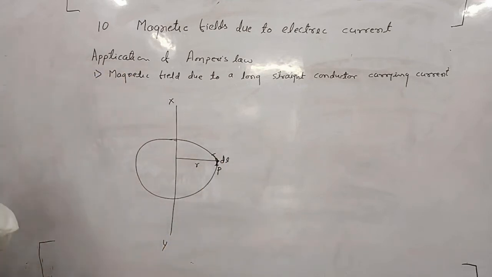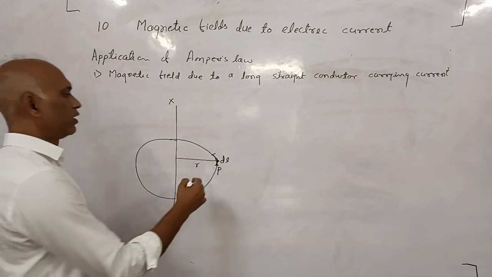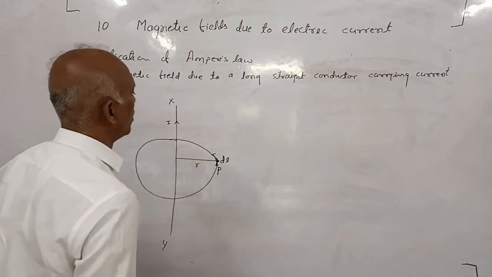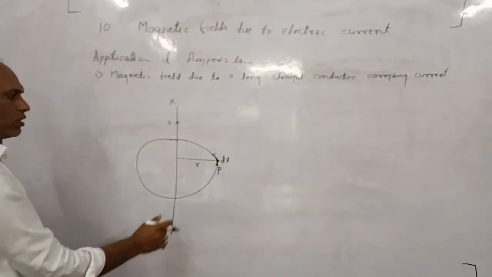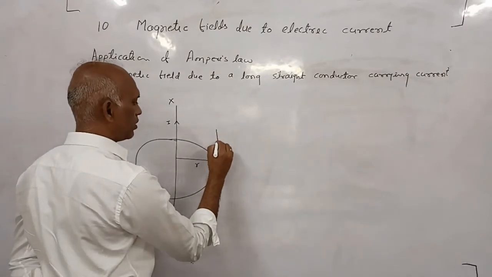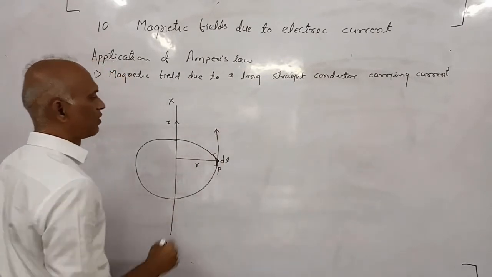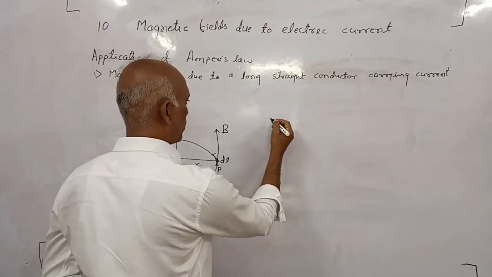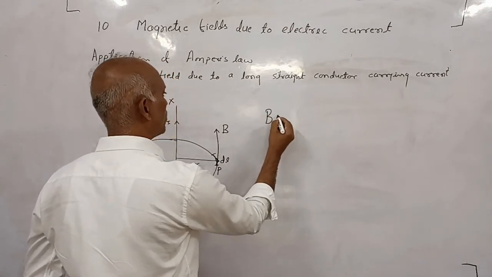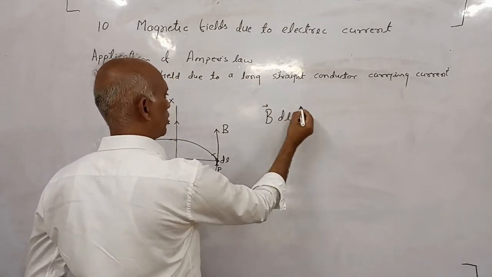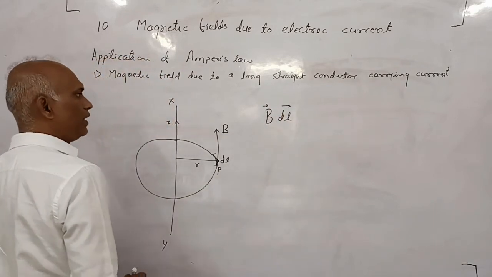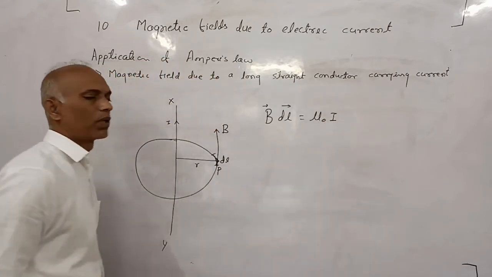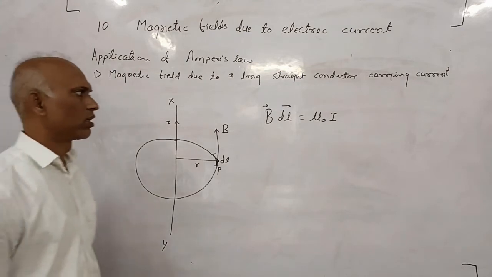As we have seen, according to Ampere's law, consider the strength of the magnetic field at point P due to the current flowing through this conductor. Say I is the current flowing through this conductor, and B is the strength of the magnetic field. So according to Biot-Savart law and the Amperian loop, in scalar form, the integral of B dl is equal to mu 0 I, where mu 0 is the permeability of free space and I is the current.